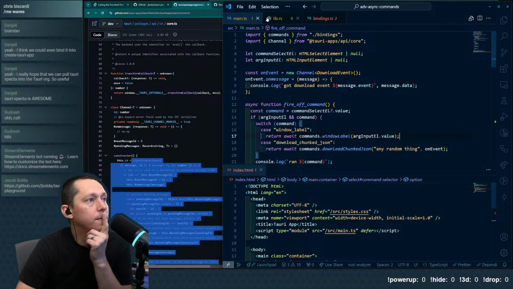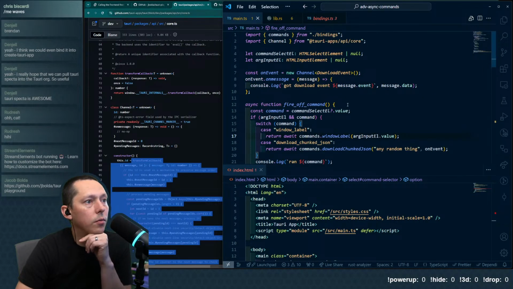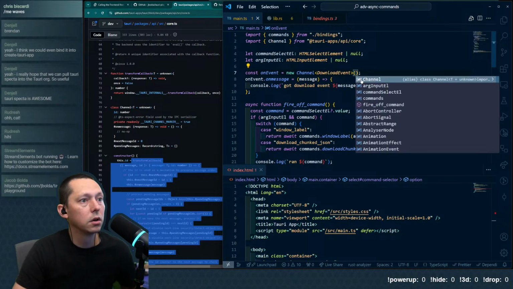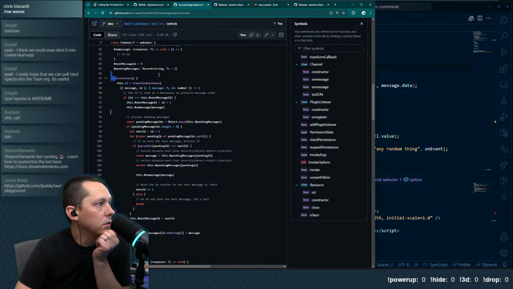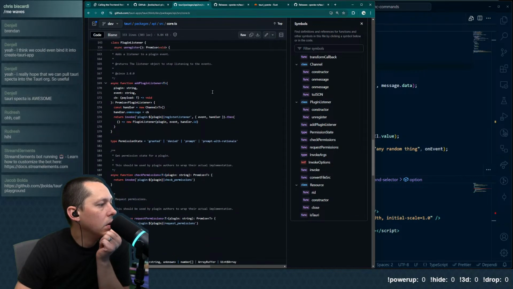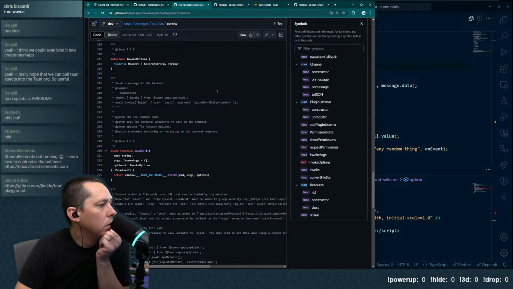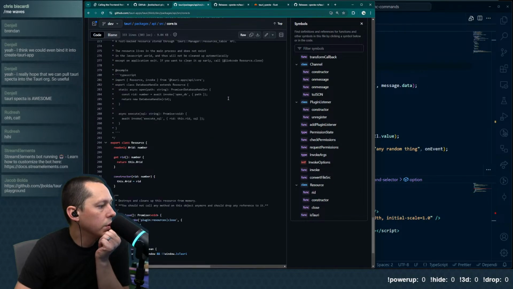How are we using it? Does it take any args? Here, this is what we want. We're giving it a type. I don't think it takes any args, right? No. We've got our invoke, convert, close is Tauri.